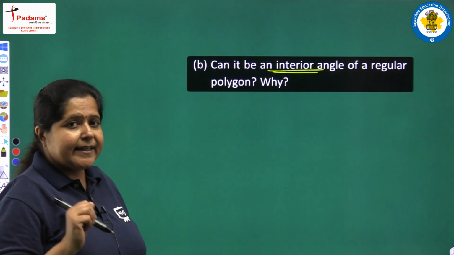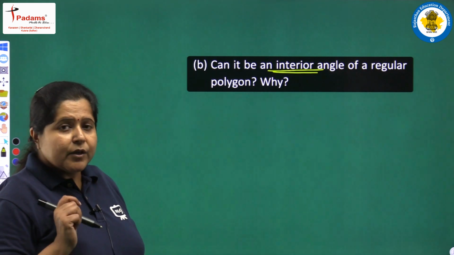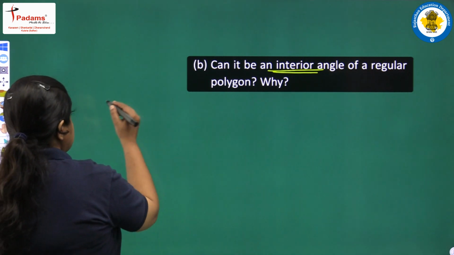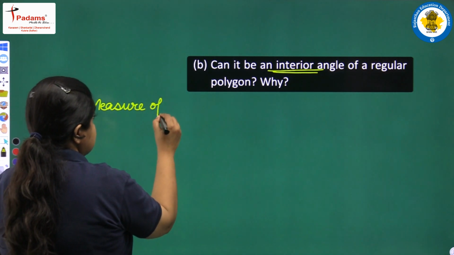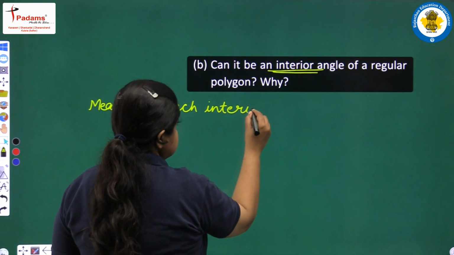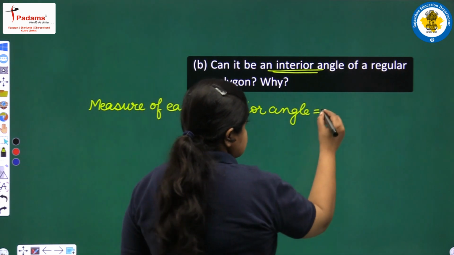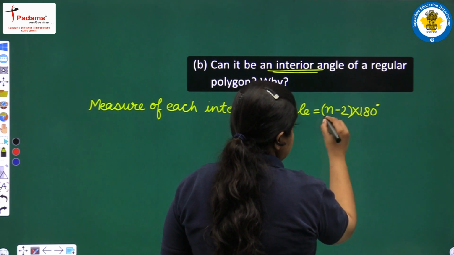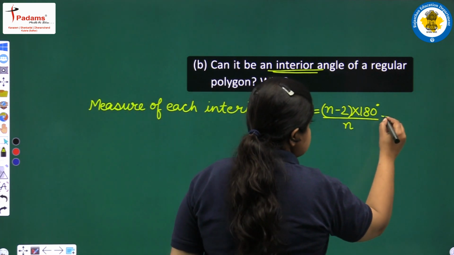Now we have seen that 22 degrees cannot be an exterior angle of the polygon. So can it be the interior angle? Let us check it also. Measure of each interior angle is (n minus 2) into 180 degrees upon n, and this interior angle, let us take it to be first 22